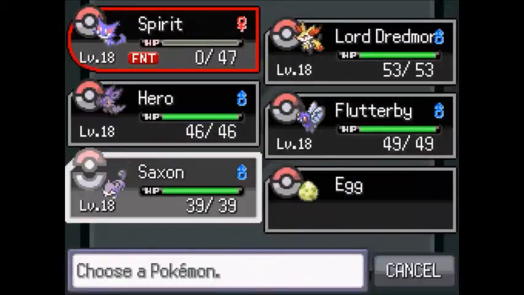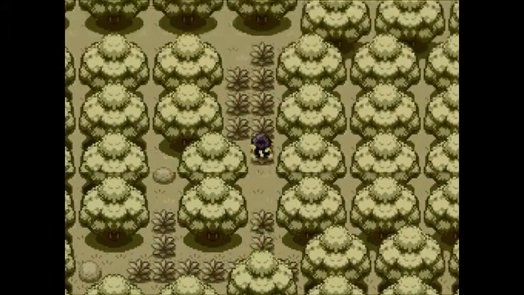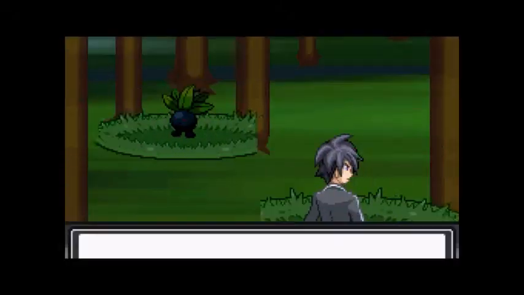Okay, well, I'm going to say something right here, and I'm not sure if people are going to like this or not, but when I do eventually start to get rid of characters on my team, and not really get rid of, but just put them in the box for the time being, the next two...